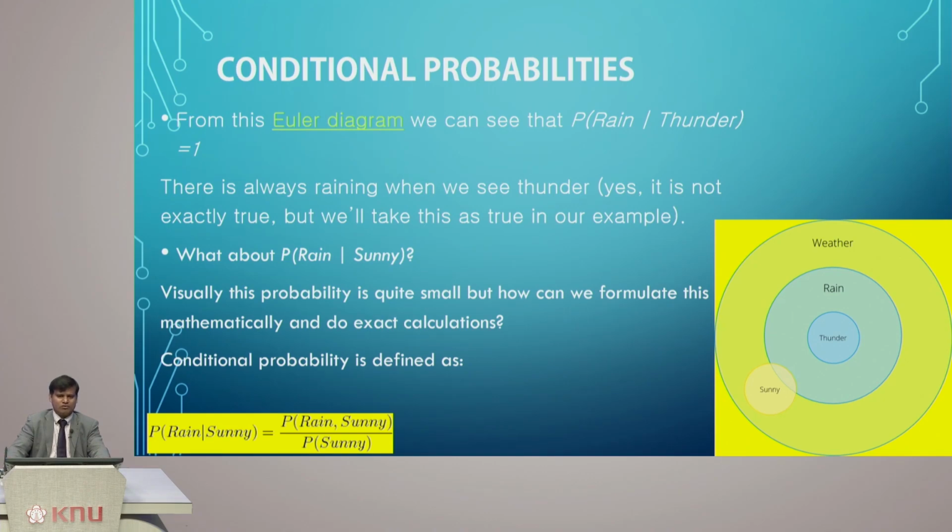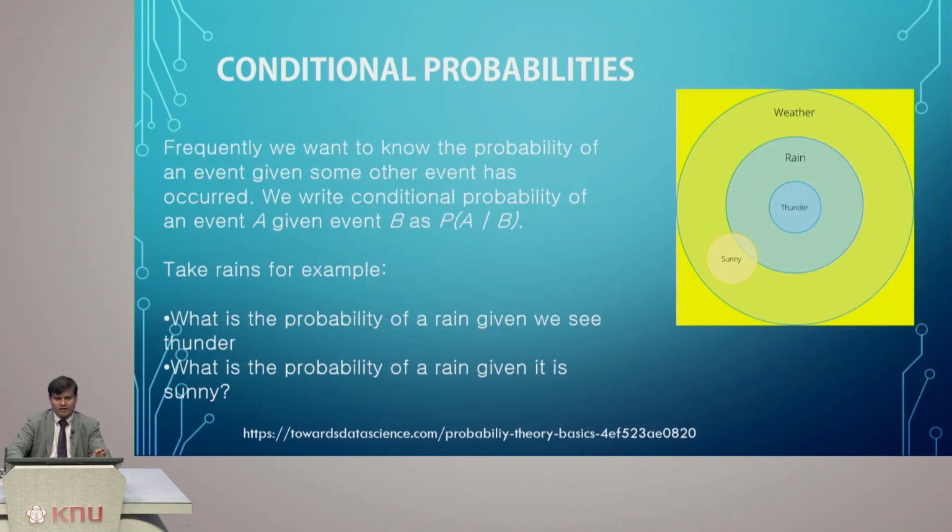So now just take a moment and think by yourself: in your research area or in your field of study, how can you use conditional probability? Given a condition or an event, you are expecting an event. That's the basic idea we have seen, right? The probability of an event A given event B, that's the conditional probability.